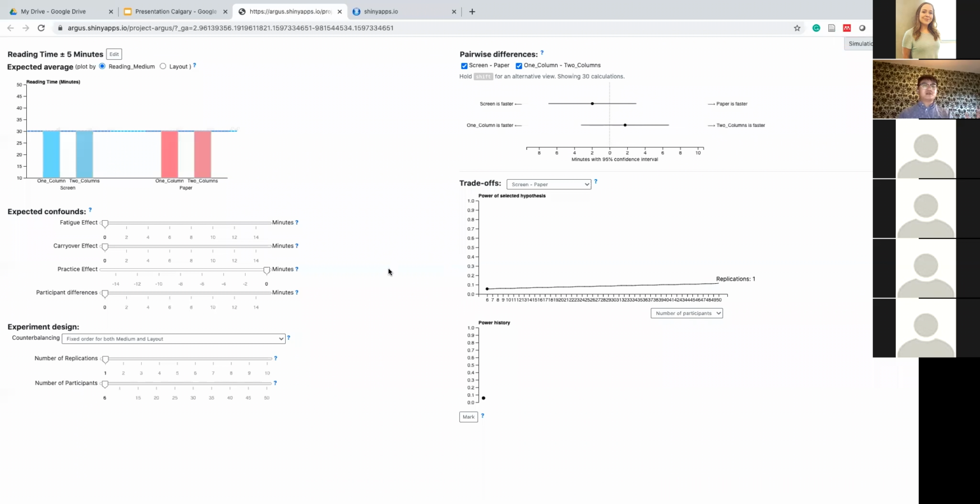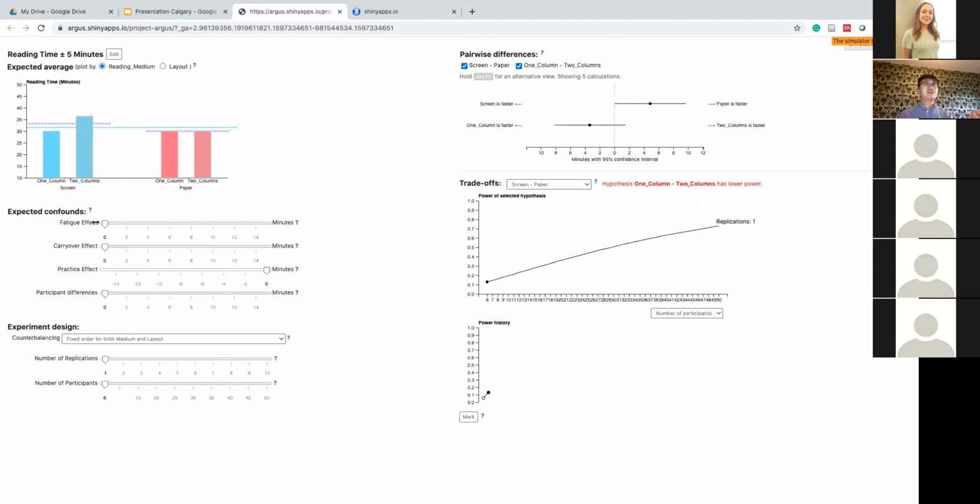The interface is organized into 2 parts. On the left side, users can adjust the controls for simulating power parameters. On the right side, users can inspect the simulated results. So let's have a look at the input control first. In this expected average view, users can specify the estimation of the dependent variables in each condition by dragging bars.